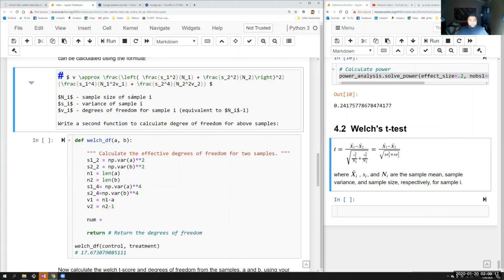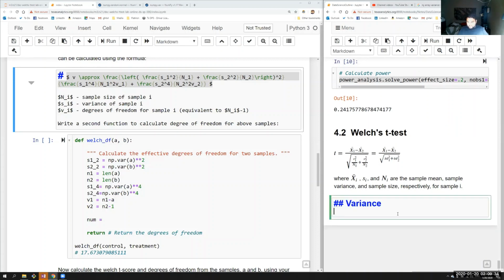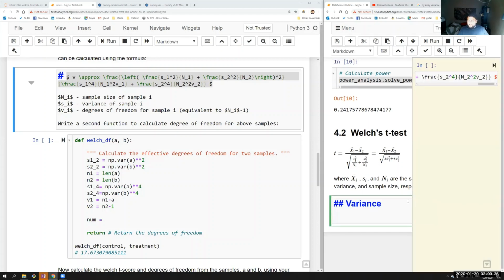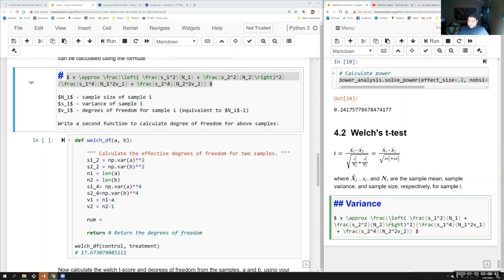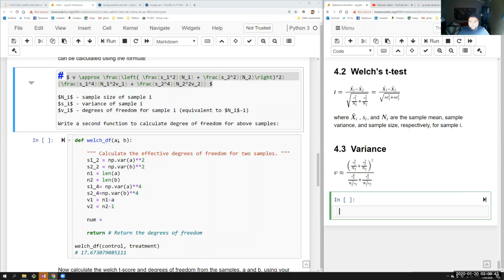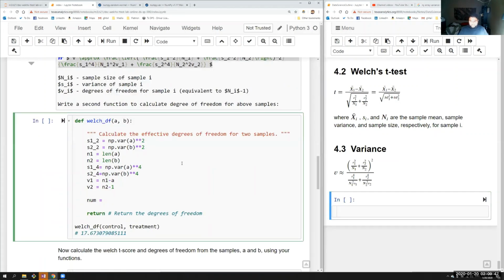hang on, I'm going to copy this into my outline so that it's easier for me to refer to it. Variance, is that the variant? Whatever, I'll figure that out later. Oh wait, hang on, escape markdown, okay. Oh, I hate. All right, that's why I don't have to keep scrolling up. So the numerator is equal to